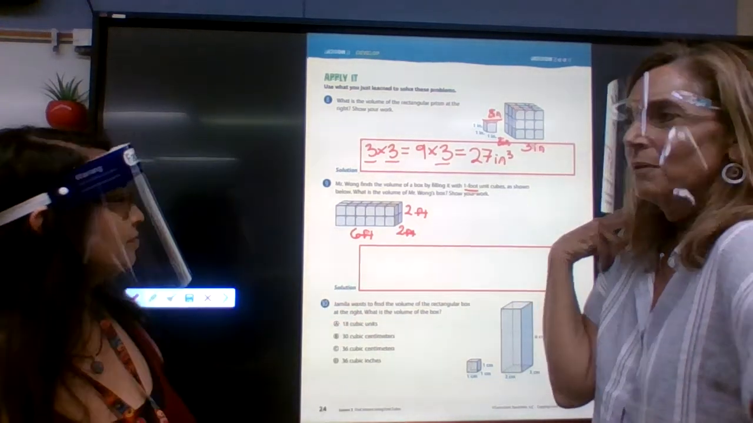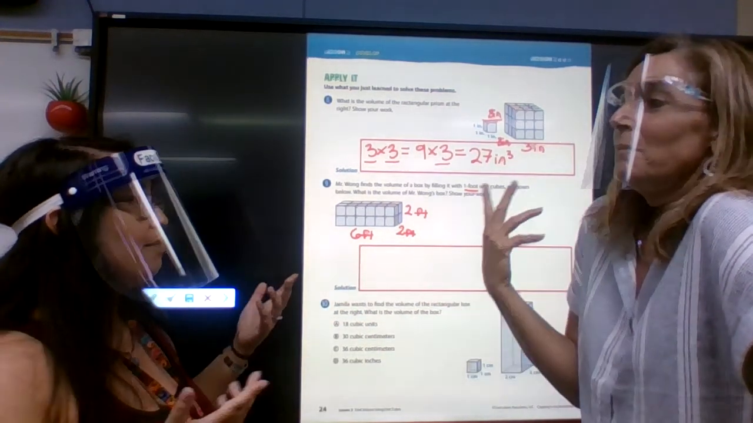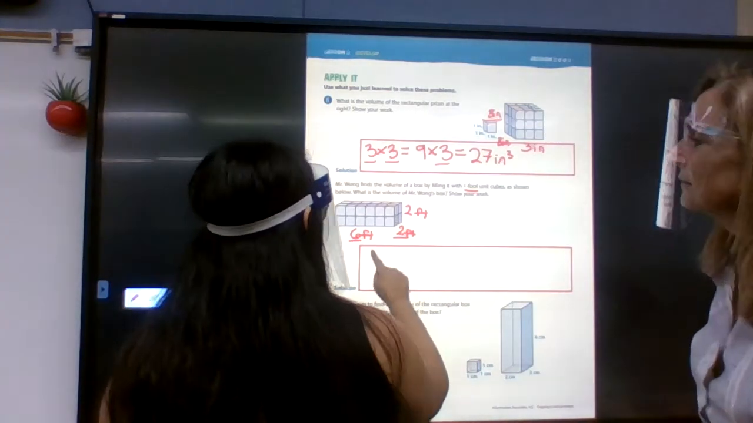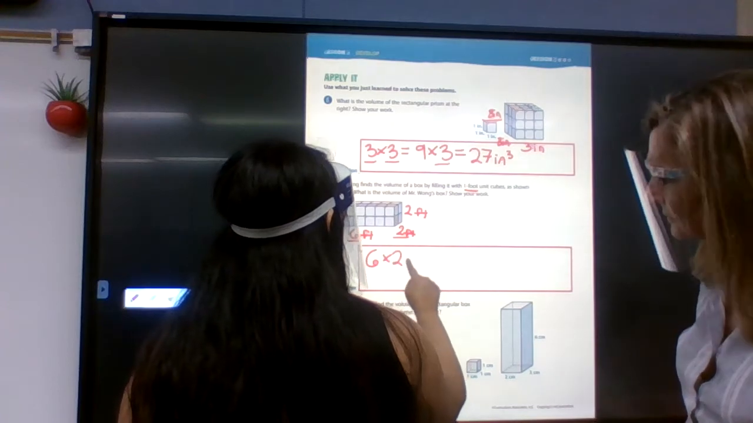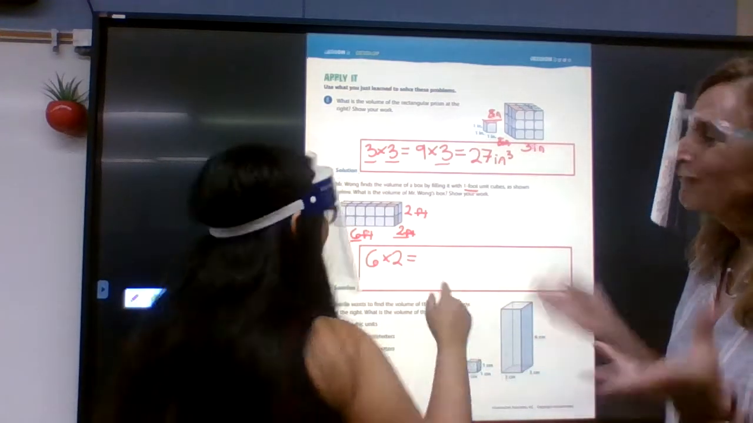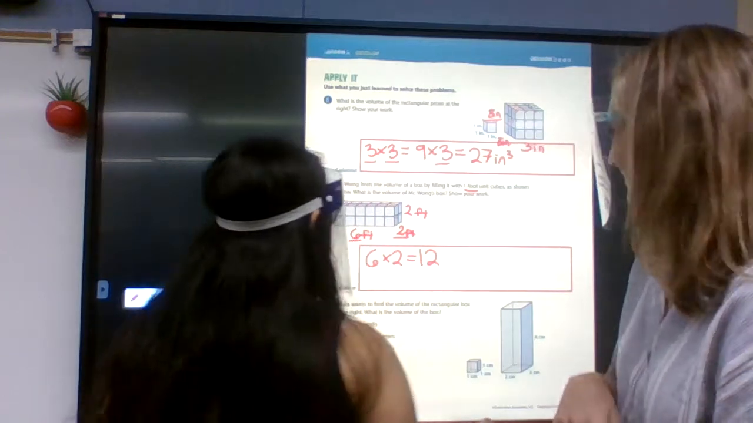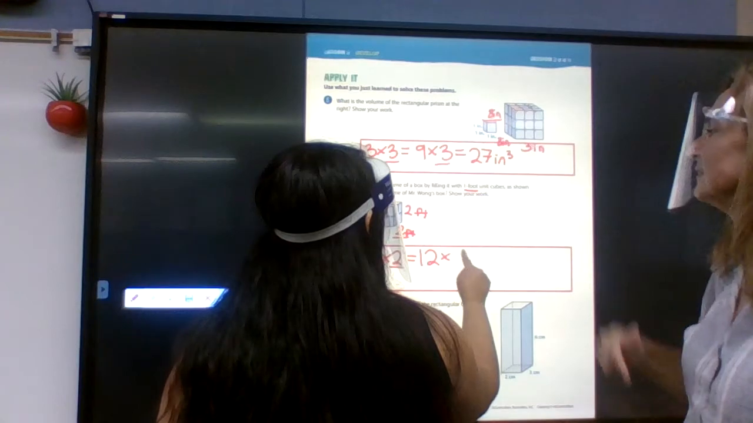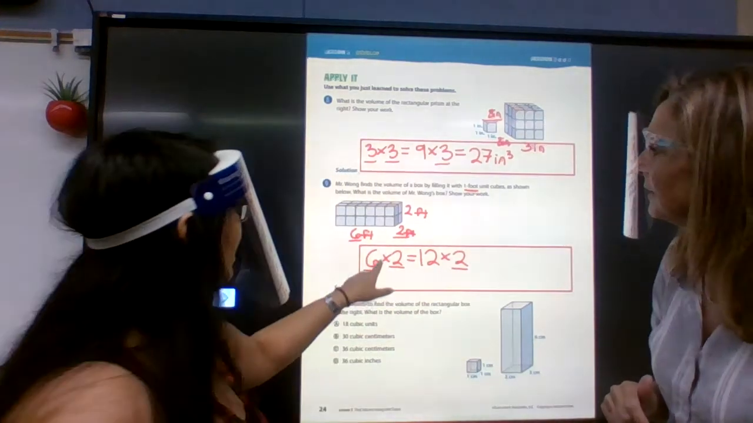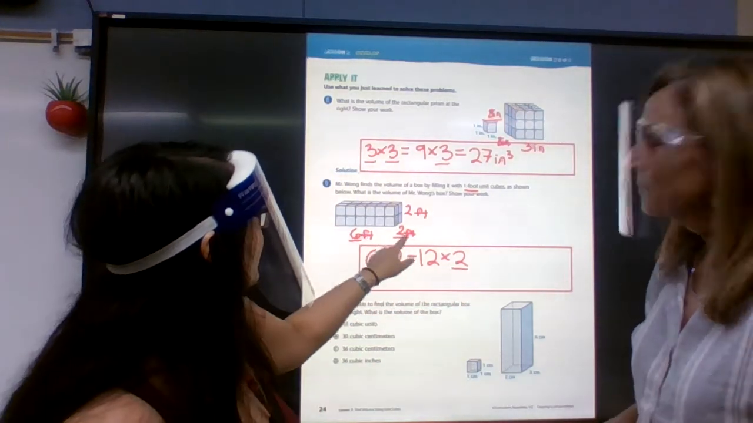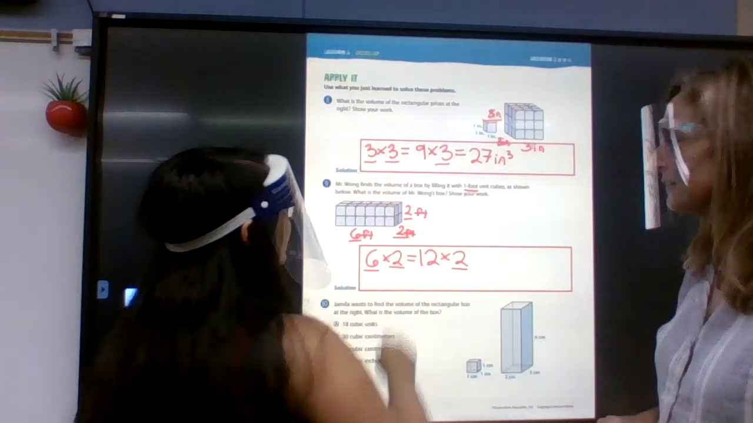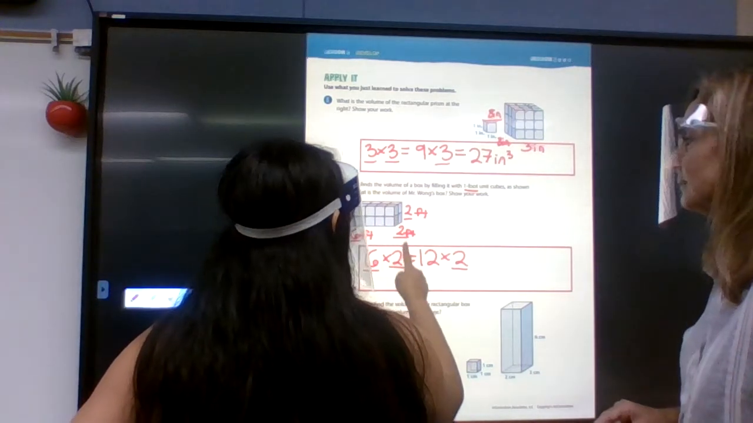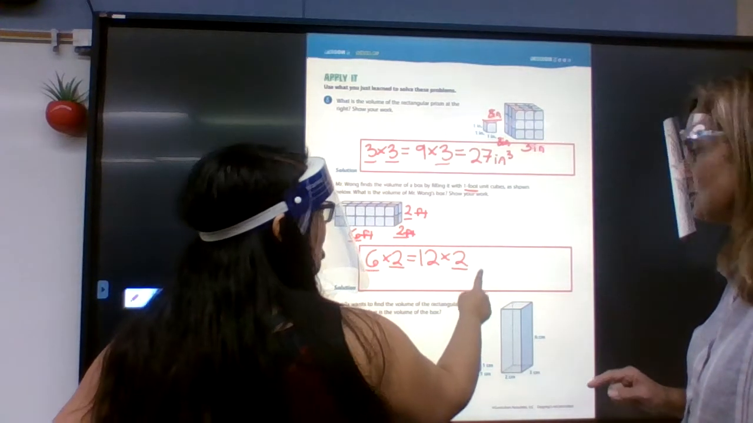Okay. So now we said that we can multiply. So let's start with length times width. So we've got 6 feet times 2 feet, which equals 12. And then we still have to multiply by its height. I started underlining the 3 different measurements that I'm using to make sure I'm multiplying 3 things. That works. I like that plan. 6 times 2 is 12. Times 2 is